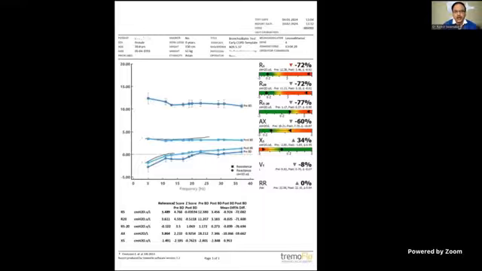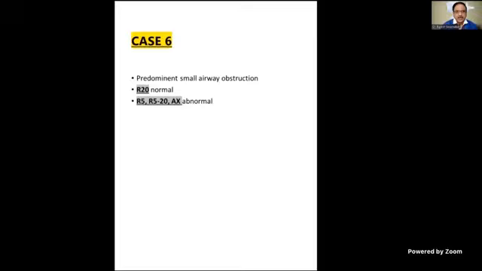more. So R20 is affected much more. So there's central obstruction. So you see the curves. This is almost parallel to the normal curve, and after bronchodilation, the pre-post values, see, only the upper resistance values have changed, while the values below are not much affected. So I think this is a case of central airway obstruction. Similarly,